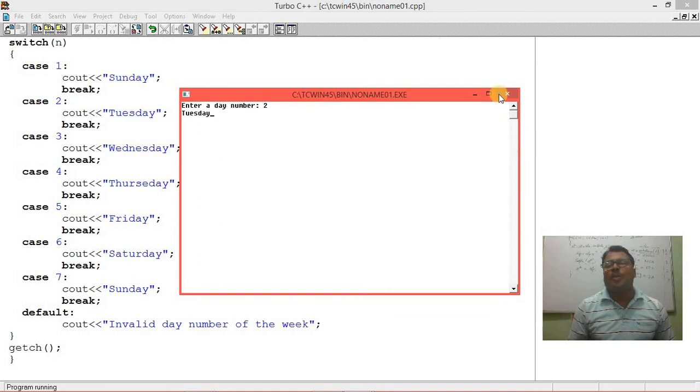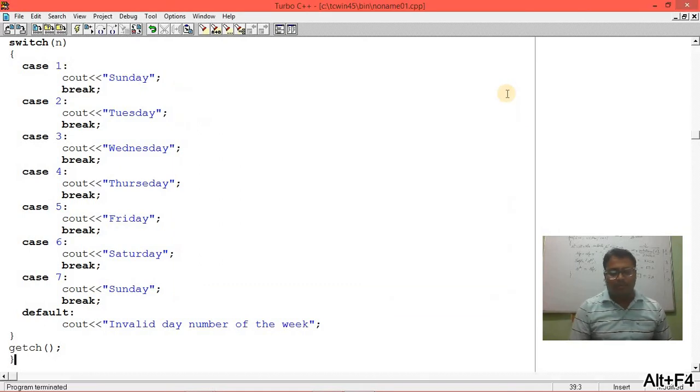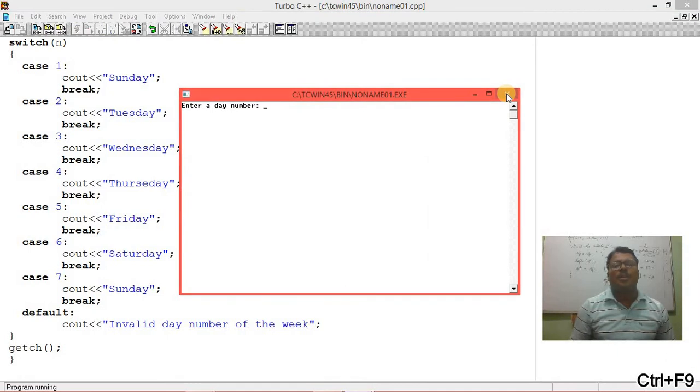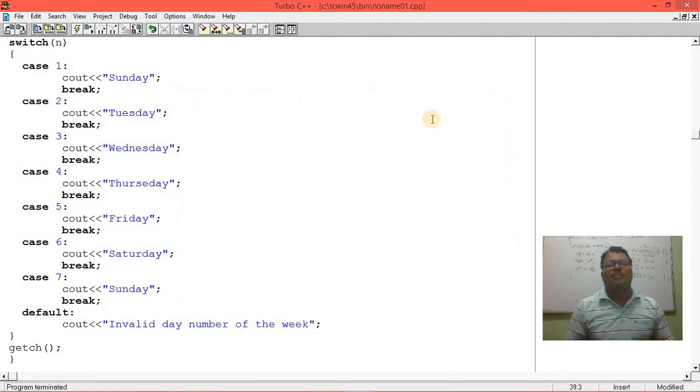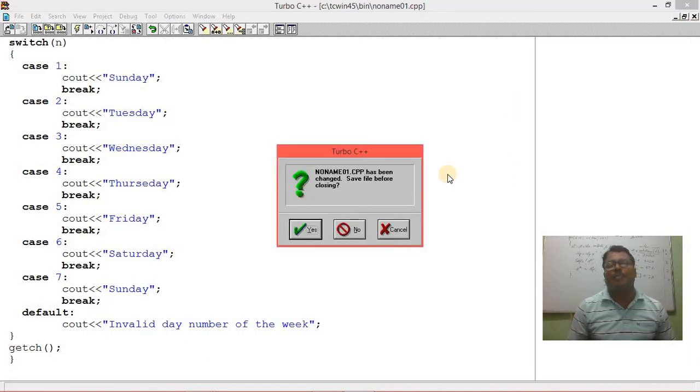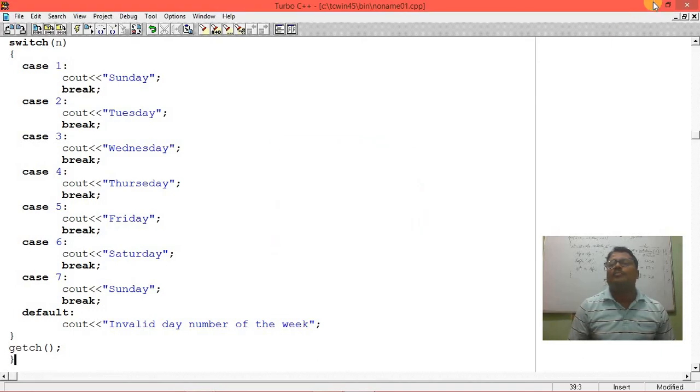I hope it's clear. If I run one more time and give any number, like 74, it displays invalid day number of week. In this way switch case will work, and we will work with different examples of programs.